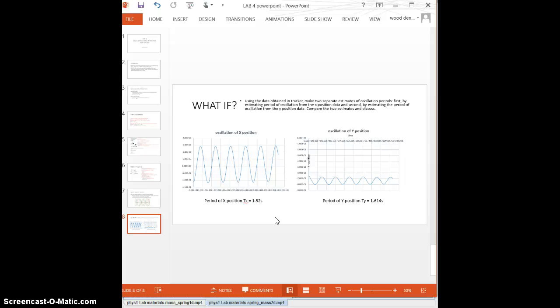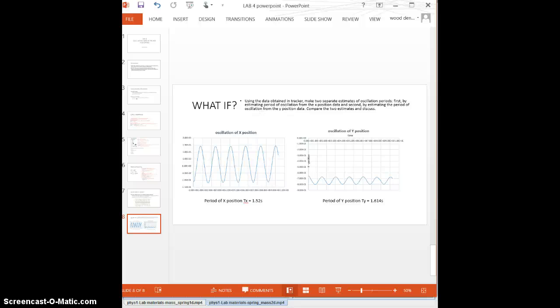I found that the period of the X position was equal to 1.52 seconds, while the period of Y position is 1.614 seconds. This means that the oscillation in the Y direction lasts for 0.094 seconds longer than an oscillation in the X direction,